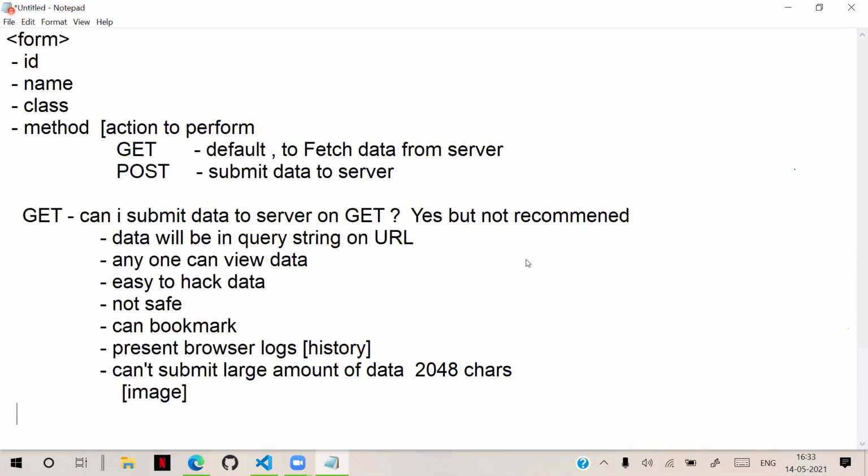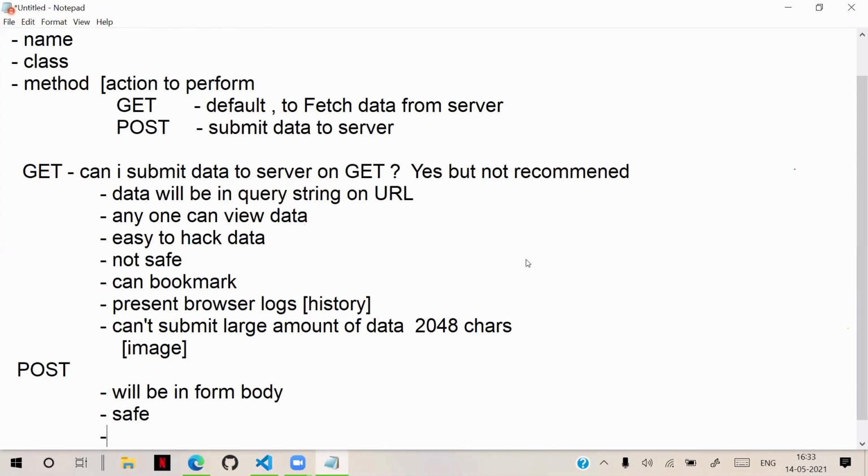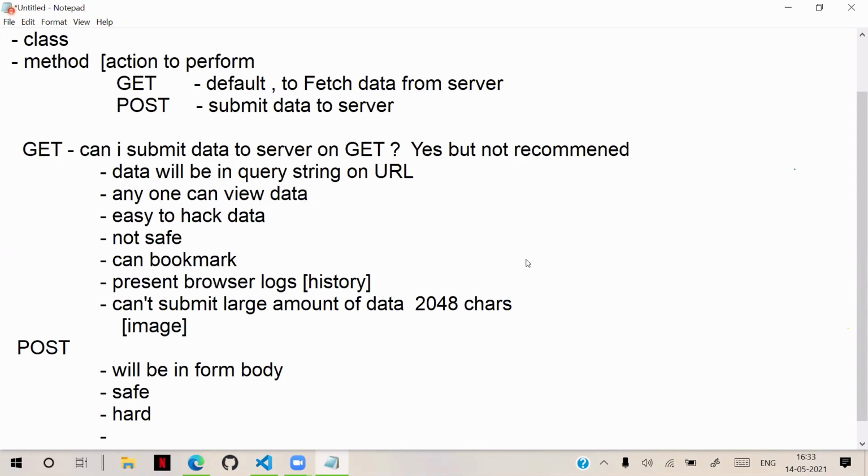So form has methods. What is POST? Already you know now. With POST, data will not be in the query string. Data will be in the form body. We call it the form body. So it is safe. It is hard to hack the data. It cannot be bookmarked.